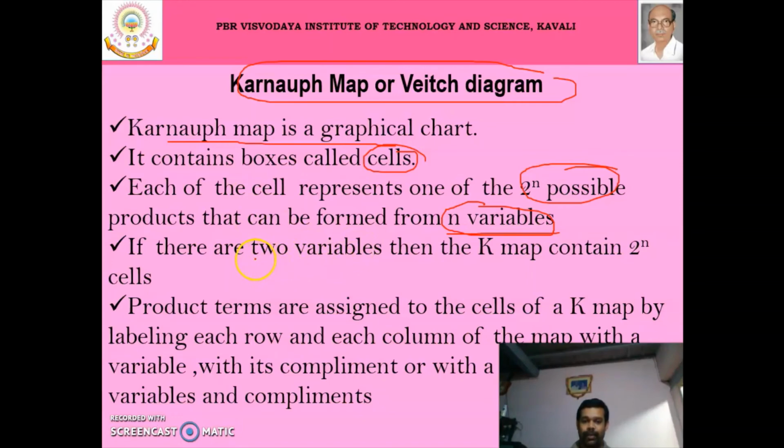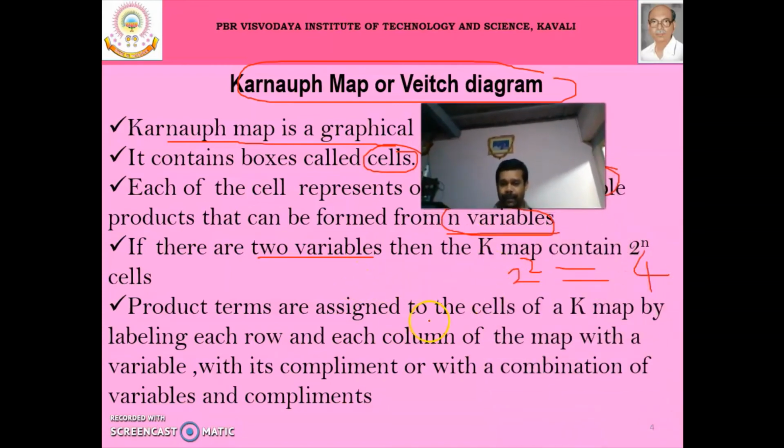So if there are 2 variables, then our K-map will contain 4 cells, since 2 to the power 2 is 4. So a 2 variable map will have 4 cells. The product terms are assigned to the cells of a K-map by labeling each row and each column of the map with a variable.